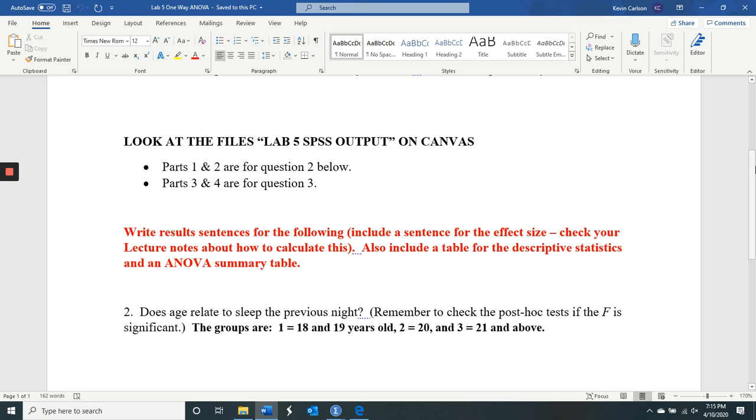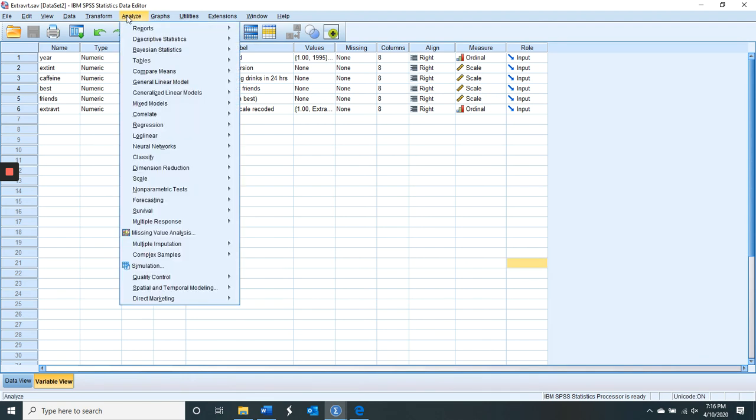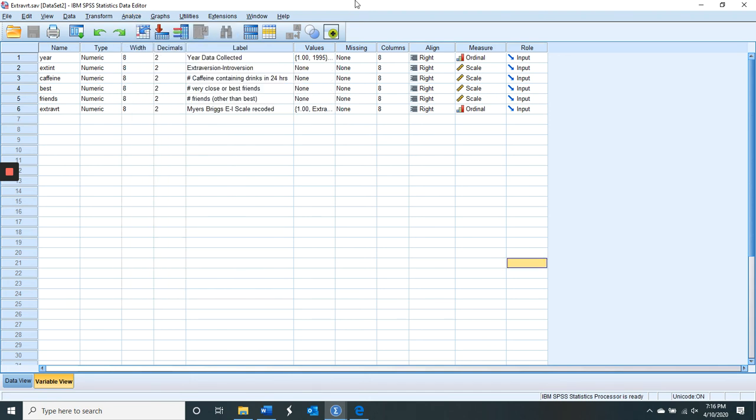And you will have a lab for this one-way ANOVA. We are not going to have a lab for repeated samples ANOVA. Why? I don't think I still have it. You can take this as some sort of empirical proof. So analyze, compare means, look here. You don't see repeated samples ANOVA here. You have your t-test, and then you have your one-way ANOVA. For whatever reason,